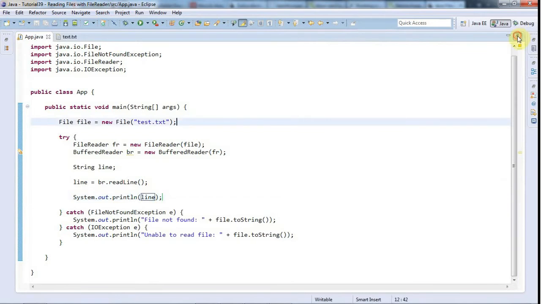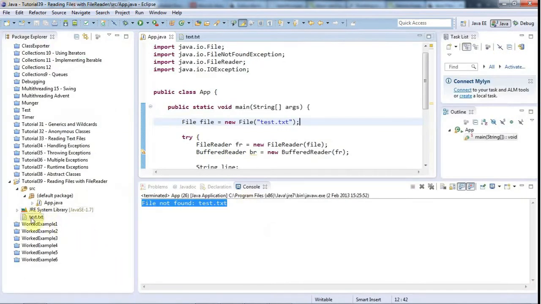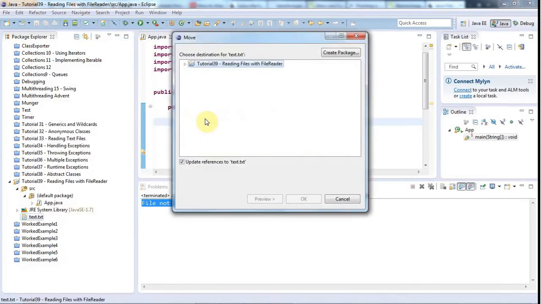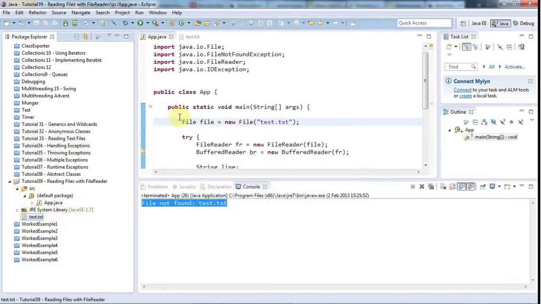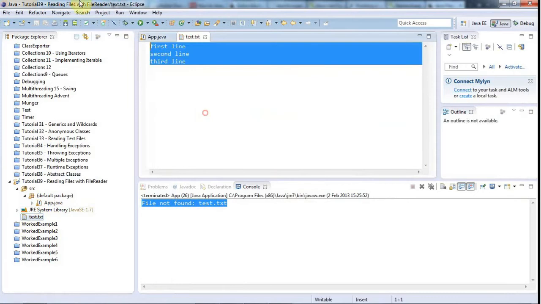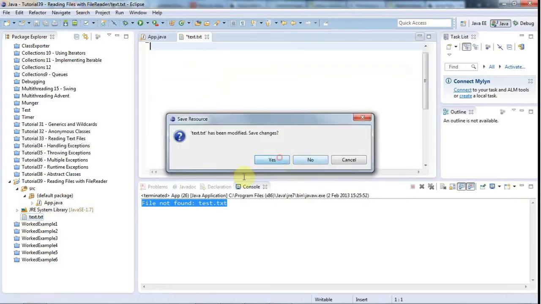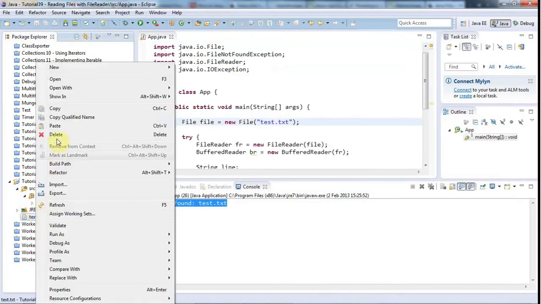What did I do wrong? I called it text.txt. Let's right click that and go to refactor rename, and I want to actually call this... choose destination. Okay, something's going horribly wrong. What I'll do is I'll just copy that and close that and delete it, and let's just recreate it with